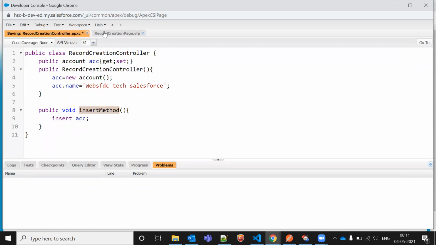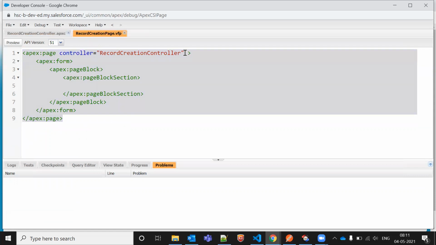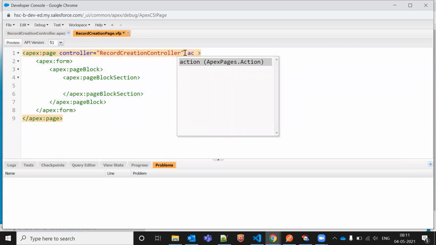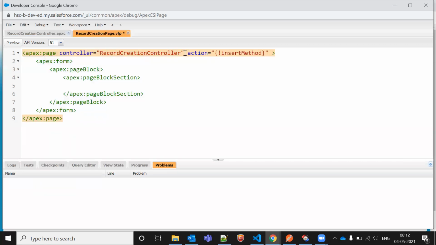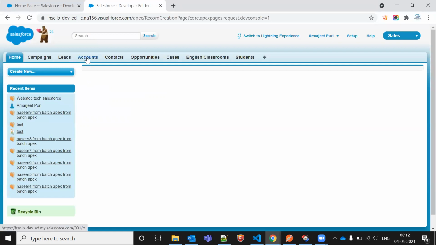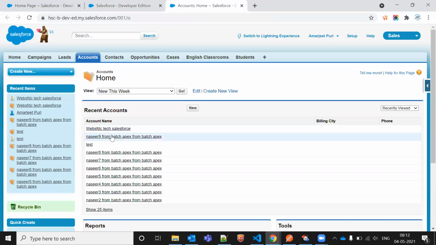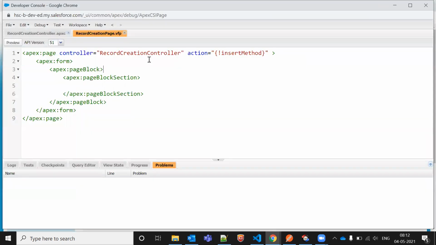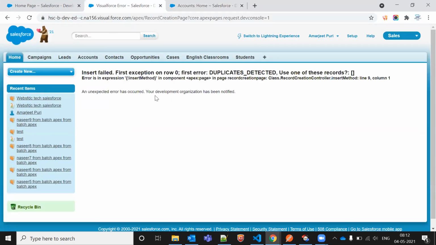To resolve this issue and meet our requirement, we'll provide the action on the top, not on a button click. Whatever actions we provide on a button, we are instead providing on the page. If I load the page and go to the record WebAssembly, it might show an error message because of a duplicate record. Yes, a duplicate record is detected.